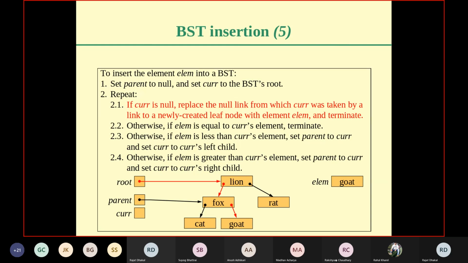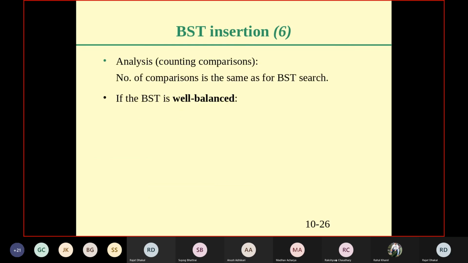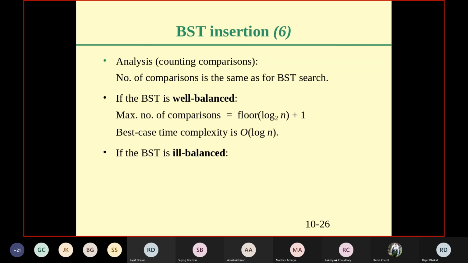Okay, 2.3. If current is null, replace the null link from which current was taken by a link to a newly created node. What happened in the empty case is executed in the same way in the 2.1 case. Counting comparisons, if we count the comparisons, the number of comparisons is the same as for BST search, which we did before. If it is well balanced, the best case is of logarithmic order. If the binary search tree is ill balanced,